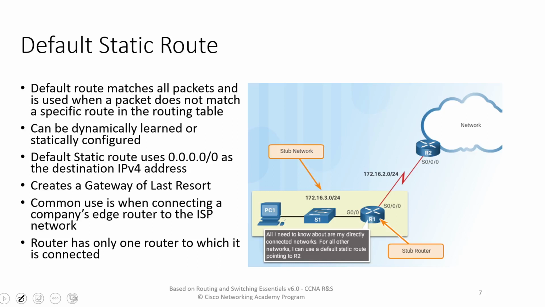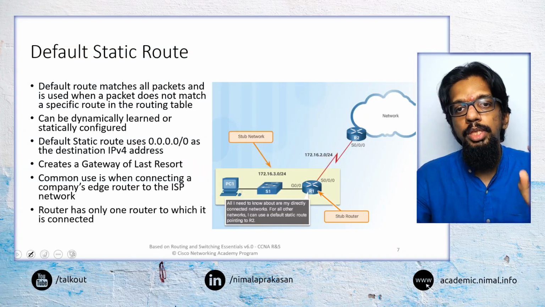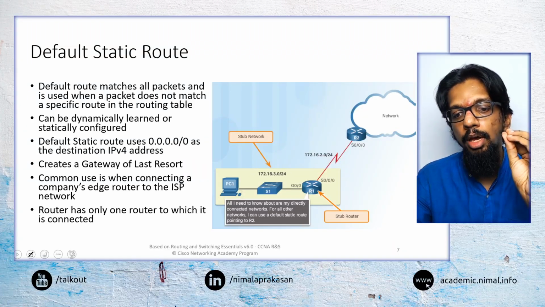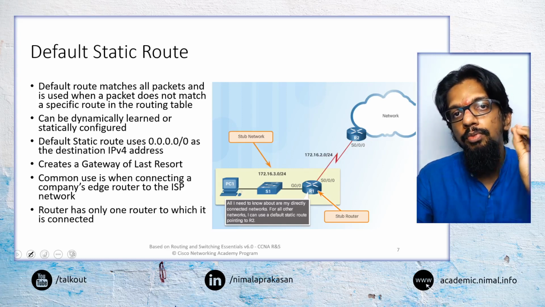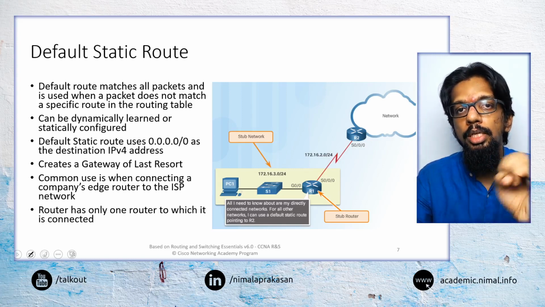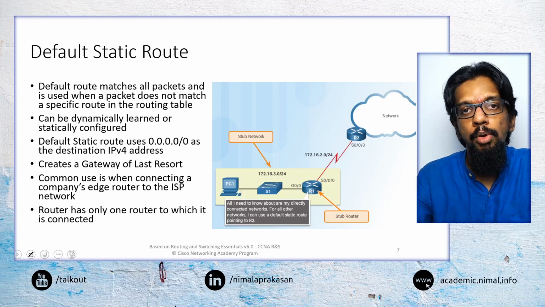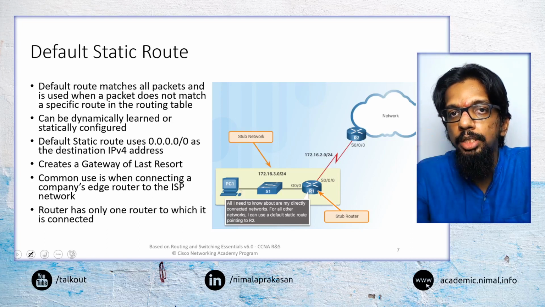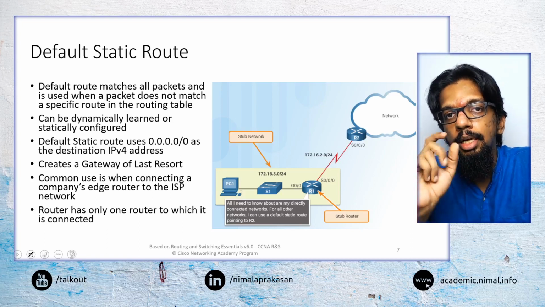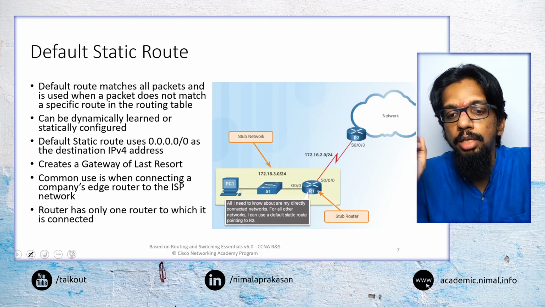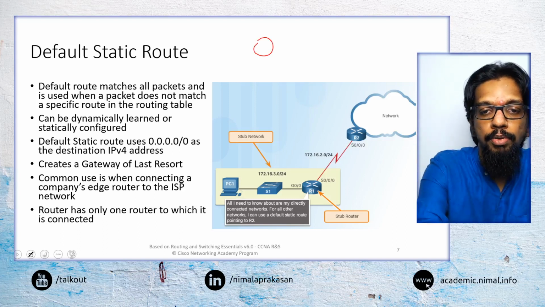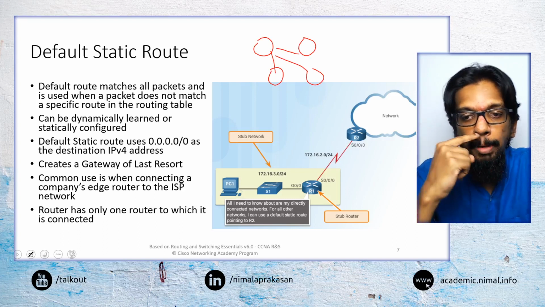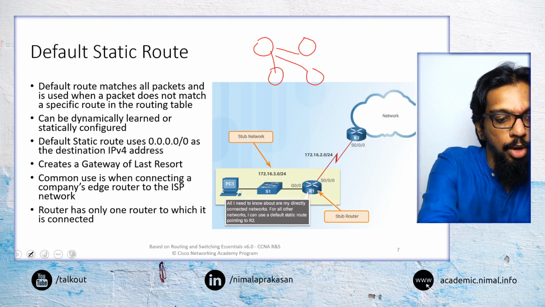Then we have what is called a default static route. With a standard static route, we specify what network we want to reach and how to reach that network. With a default static route, when a router doesn't know a particular way to reach a network, it can set a default way to send all the other traffic. So say, for example, a router is connected to 3 different networks, and further down there are a few other networks,